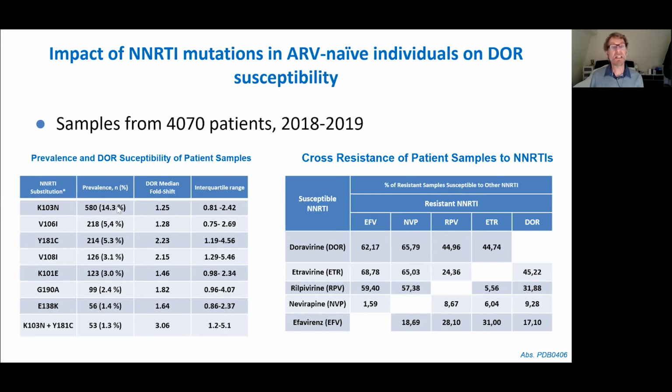Actually, if you look here, the fold change was relatively low, all stayed below 5. This Y181C and K103M went just above 3. And here's the interquartile range. I suppose the discussion here is, if you have an interquartile range that goes above, say, 3 or 4 or reaches 5, how confident are you that the drug's going to work? And then they looked at this